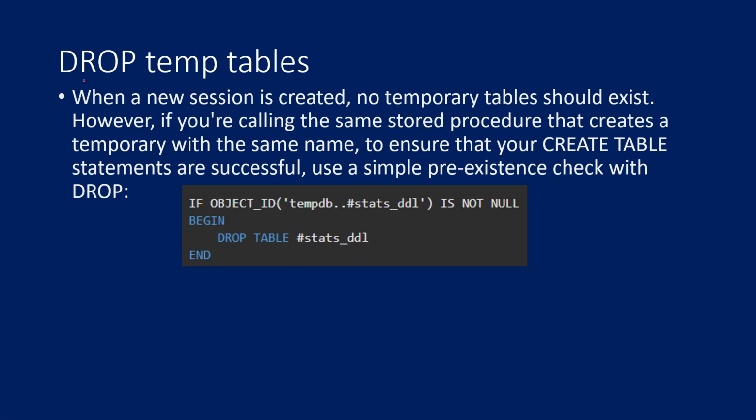So as we have already seen, you can drop the temporary tables. The moment you close the session, your temporary table will get deleted, or you can use this drop table temporary table name syntax. But actually in real time, whenever you are trying to close your temporary tables, try to use this if block to check whether the temporary table is there or not. If it is there, then drop this temporary table. So this syntax will help you to avoid any kind of errors, right?